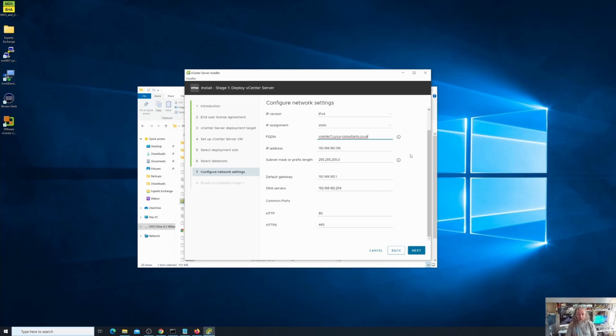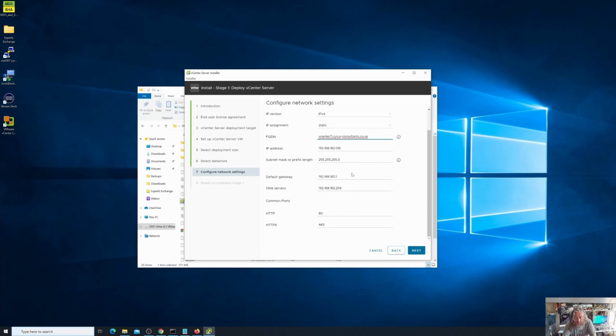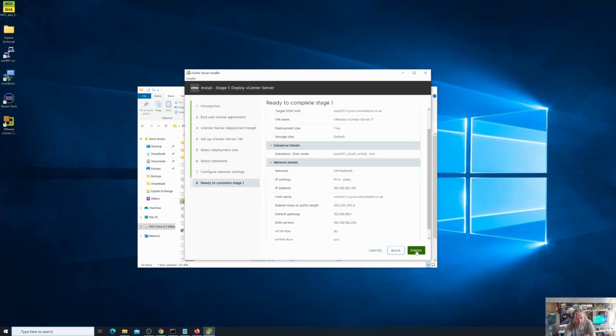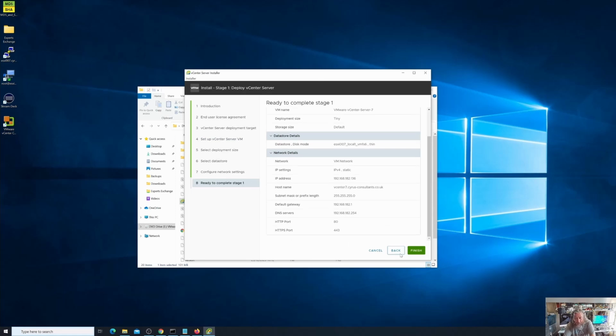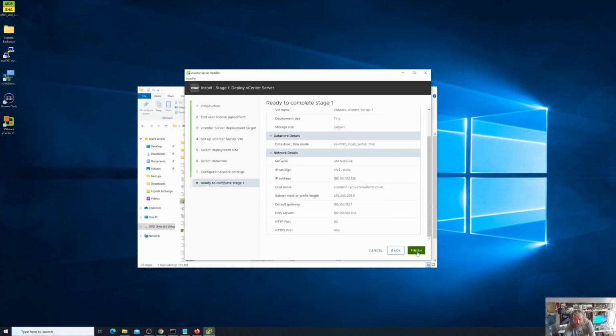Make sure that you can resolve the host name, FQDN, and the IP address before you even start installing. And you must ensure that, because checks are now made when you click next, and if it can't resolve any of that, it will fail. So I'm now just going to have a quick look over the deployment details. We want to deploy to our Dell PowerEdge R730, our ESXi 007 server. That's its inventory name, tiny, default, thin. So I'm going to click finish,